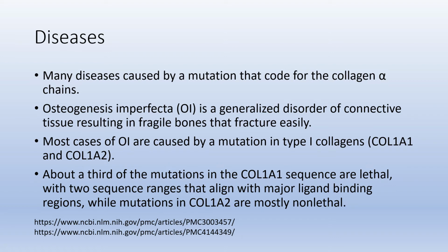Many diseases are caused by a mutation in the collagen alpha chain coding sequences, and osteogenesis imperfecta, or OI, is one of them. It's a generalized disorder of connective tissue that results in fragile bones which break easily. And most cases of OI are caused by a mutation in the type 1 collagens,